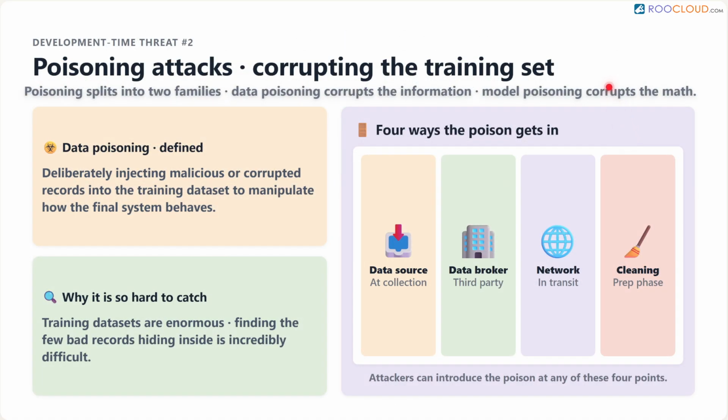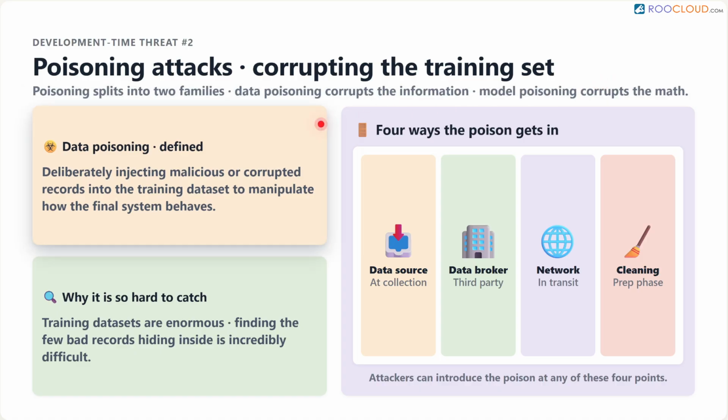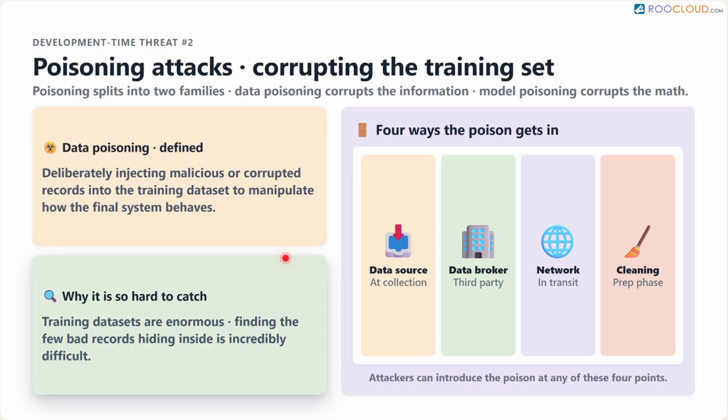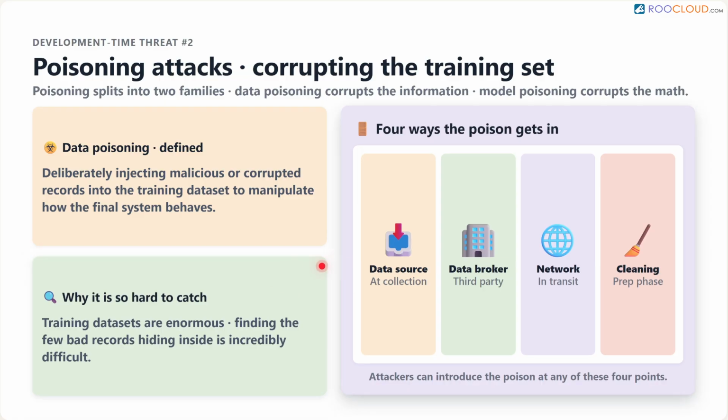Next, we have poisoning attacks. These are divided into data poisoning and model poisoning. Data poisoning means deliberately injecting malicious or corrupted information into the training dataset to manipulate how the final system behaves. Finding these bad records is incredibly difficult because datasets are enormous. Attackers can introduce this poison at the data source through a compromised data broker by intercepting network traffic, or during